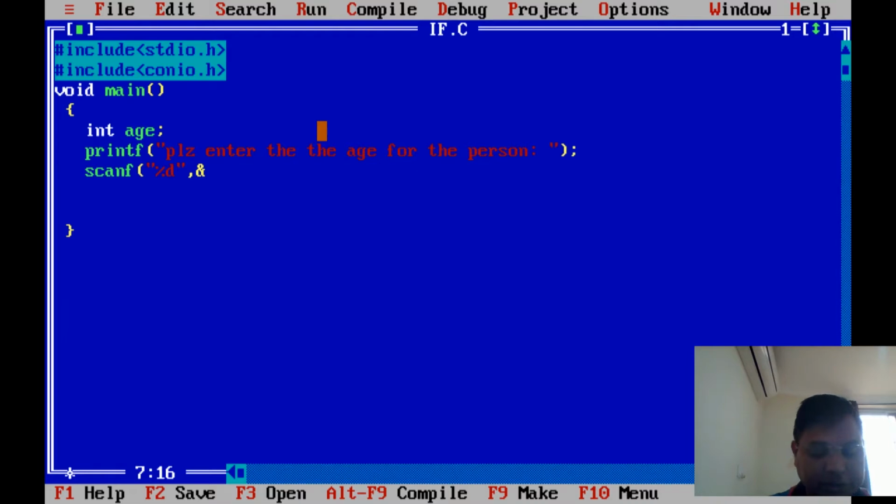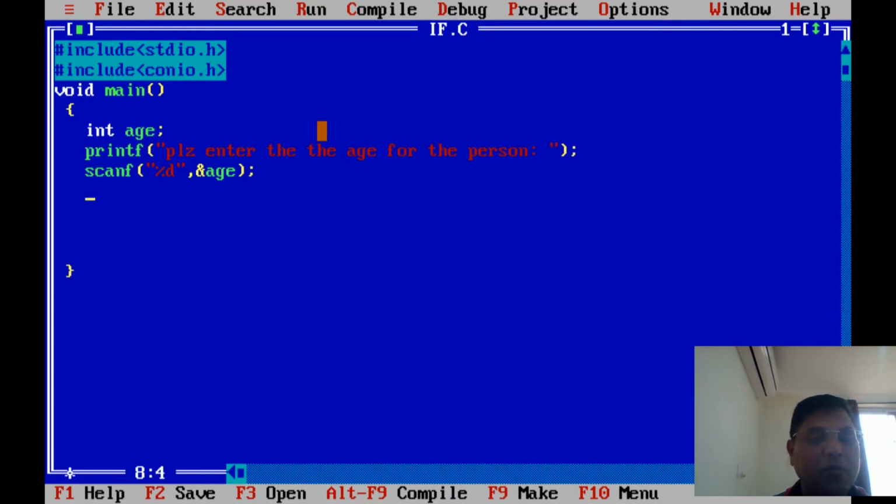Address of age. So put the particular value into the age. What will happen when you enter any value? That value is of type integer, shown with the %d format string, then a comma. That is the syntax of scanf, and then the address of age. So the address of age holds the new value, whatever you enter into that address location. So age will be captured from the keyboard.